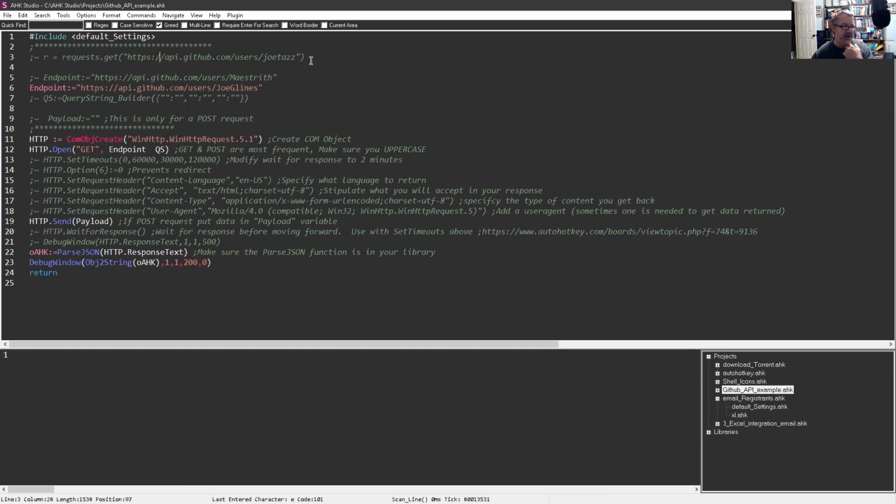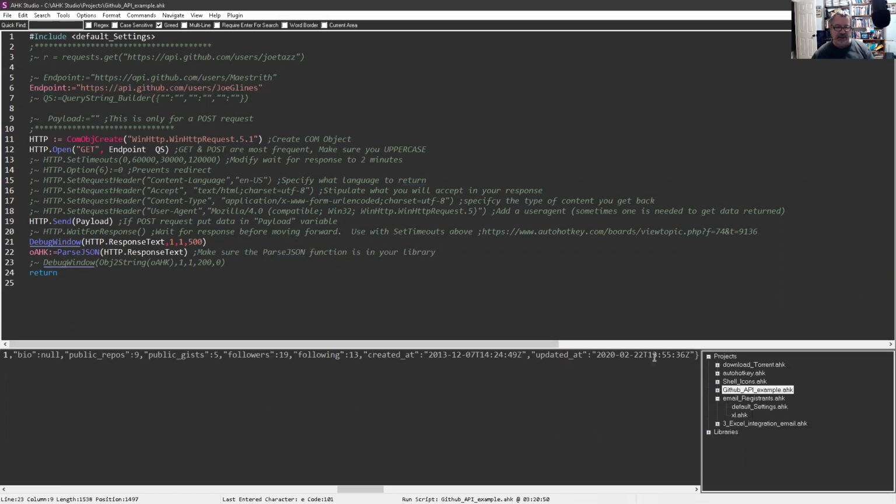This was the example I borrowed from, and I just created the COM object. I don't have a query string because in this example we didn't have one, and I put the endpoint, and in 2 seconds I tried this, and I can launch it here and run it. And now, you know what? Let me change this to first show it where we don't make the output. Actually, I shouldn't. I can leave that one going because it won't matter. But I'm going to display the output in the output screen down here.